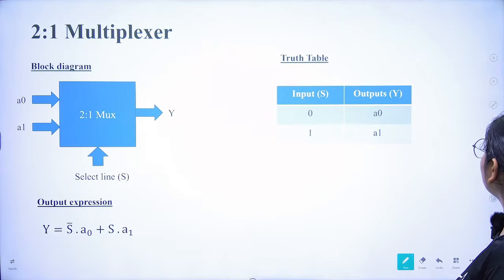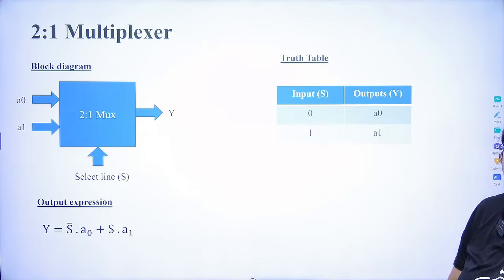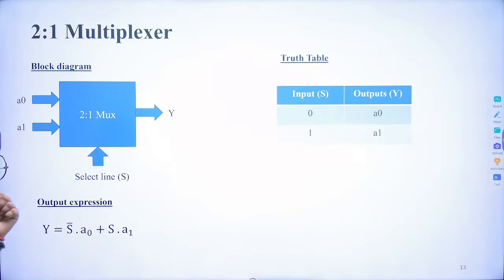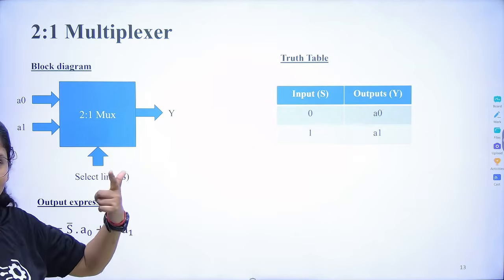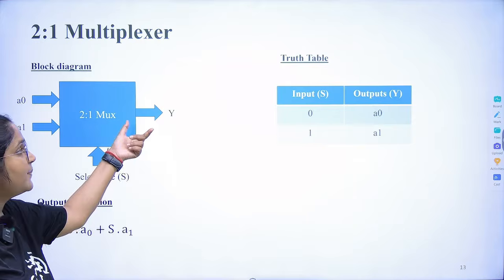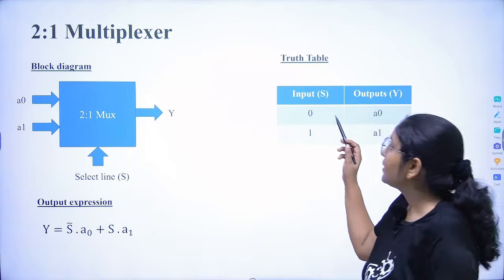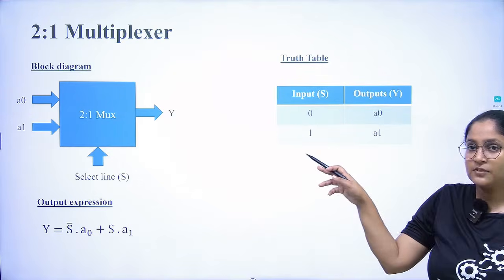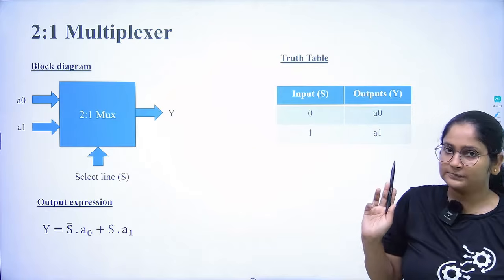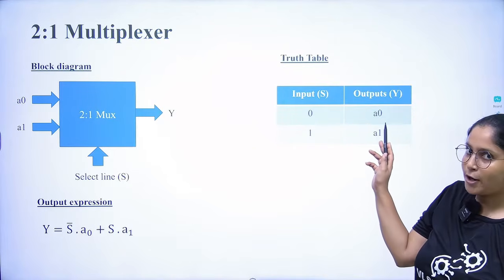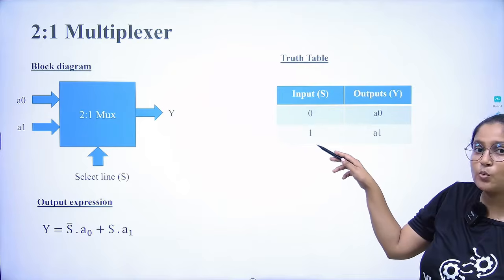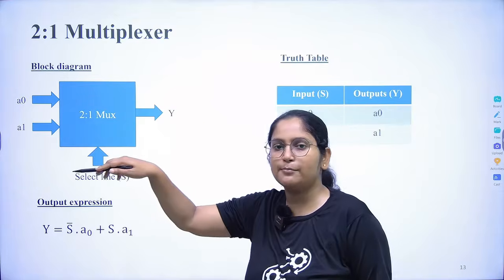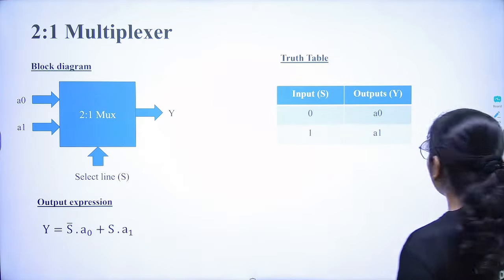Now, coming to the multiplexer. See, we can design a multiplexer this way. We have two inputs, one select line, and then we produce an output. If the selection line is 0, we select the first input and move it to the output, so it will move A0 to output. And if it is 1, it will select the A1 input and direct it to the output. Let's see the code for this as well.